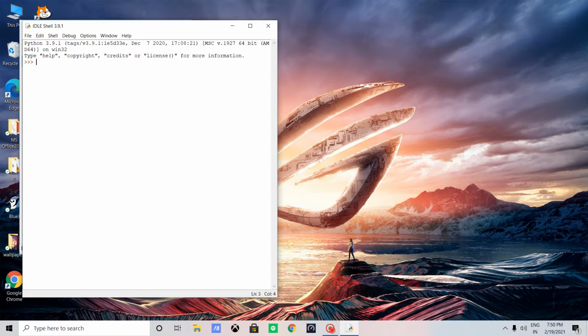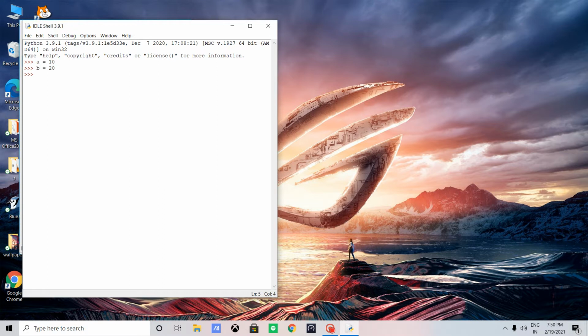So first of all, there is a type of variable, and the value of a is 10, and then b is equal to 20. Now what we see, the value of a is equal to 10 and the value of b is equal to 20. So if we are accessing a somewhere, it means we are accessing 10, and if we are accessing b somewhere, it means we are accessing 20.